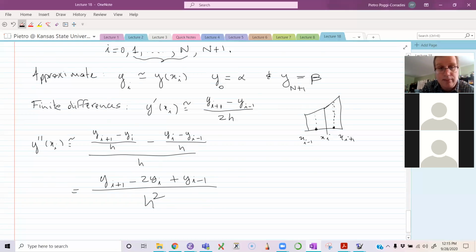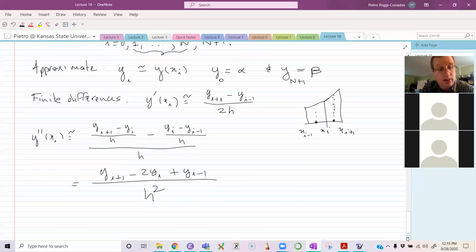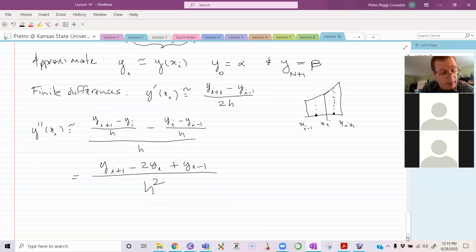All right, and in both cases, these are linear expressions, right? This is a linear expression, and this is a linear expression. Right, so that's good. That means that we'll be able to now replace this and put it in the